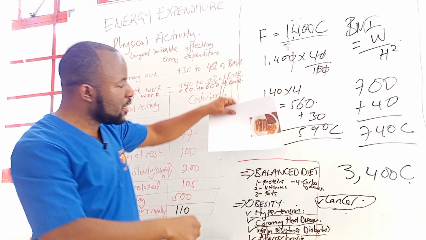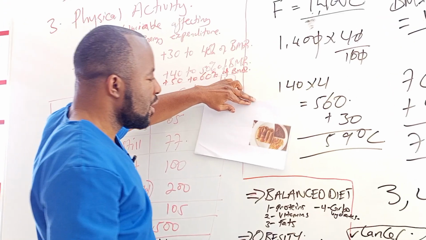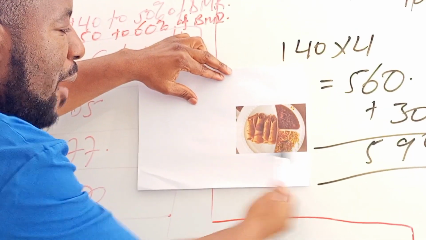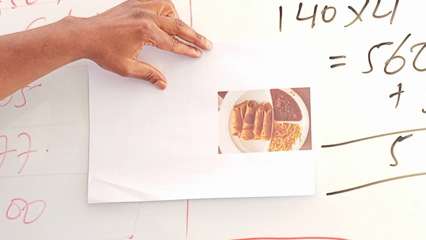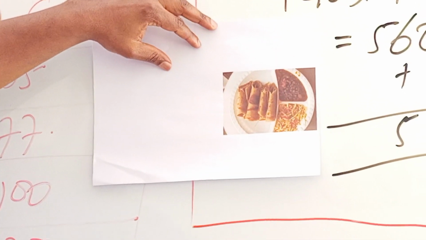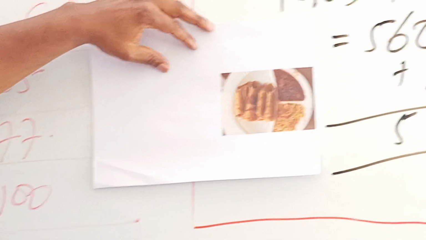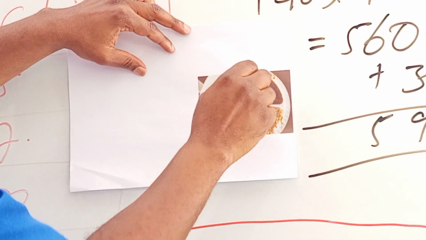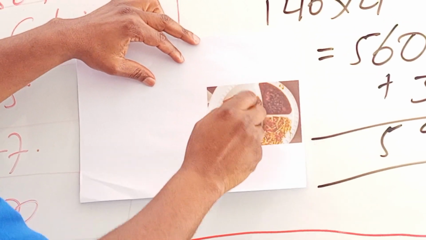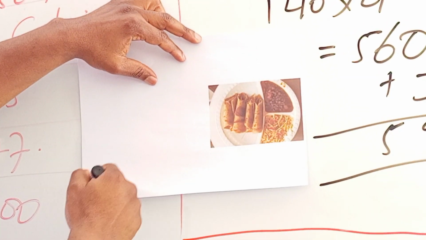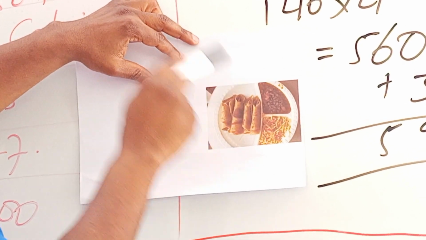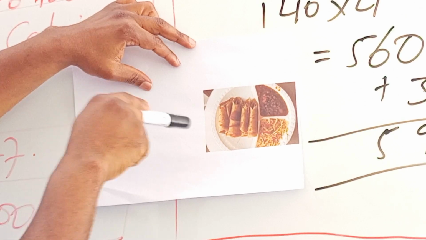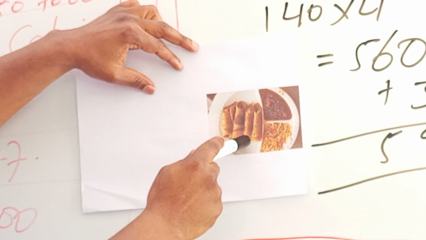Another example is this meal. Now this one tries to follow a balanced diet. We have vegetables, we have carbohydrates, and we have proteins. This one is a little bit fair, yes, because the protein is quite a lot. So his body is going to use this protein to break down this carbohydrate. Therefore, this person is going to gain less energy. This person has lower chances of being overweight.